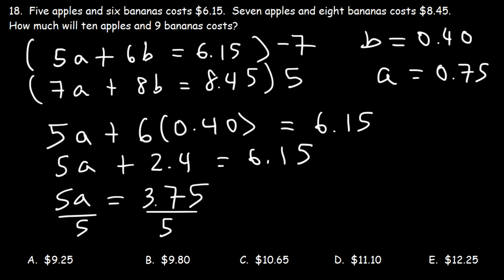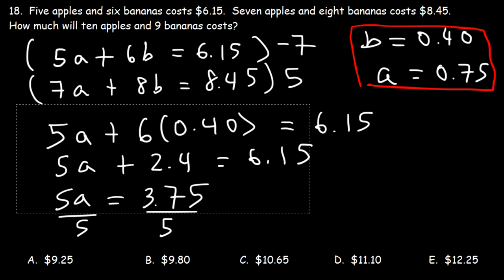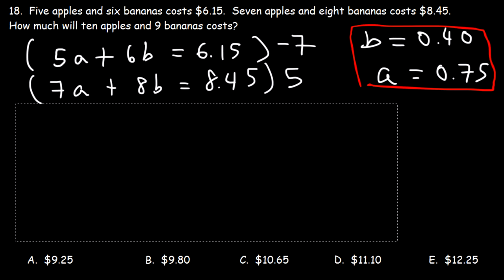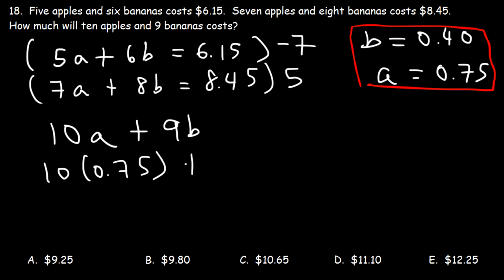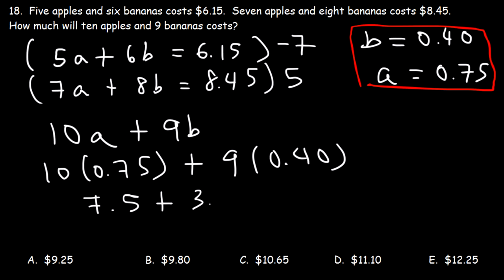So now we have the cost of a single banana and a single apple. With this information, we can now find the cost of 10 apples and 9 bananas. So 10a plus 9b, that's going to be 10 times 0.75 plus 9 times 0.4. 10 times 0.75 is 7.5. And 9 times 4 is 36, so 9 times 0.4 has to be 3.6. So this is going to add up to